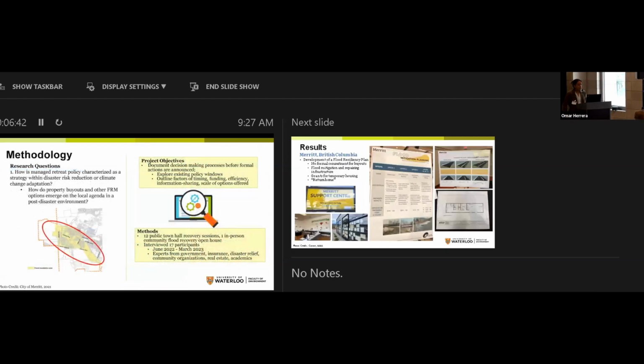So as I noted, this is a quick response study, but we really wanted to understand, I have two sub-questions here, but first being a very broad-based question, because managed retreat is still fairly new within the Canadian domain, how this policy can be characterized within broader climate change adaptation planning at the municipal level, even at the provincial level. A lot of provinces are now developing some sort of flood strategy, and so how this can be built into that. And then more so how property buyouts as a tool kind of emerge on the local policy agenda,